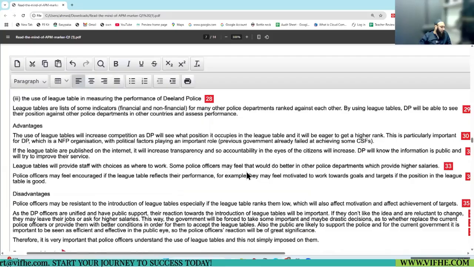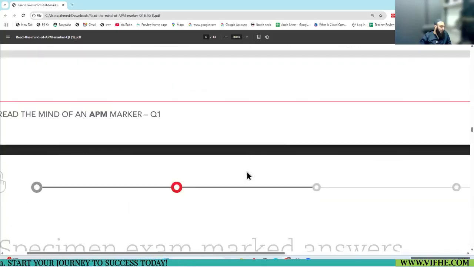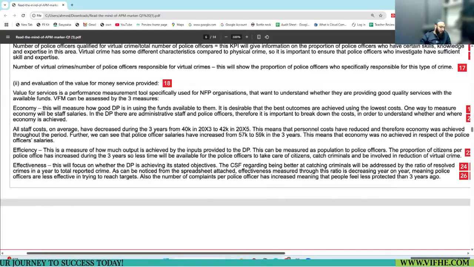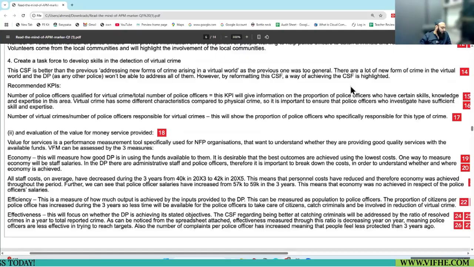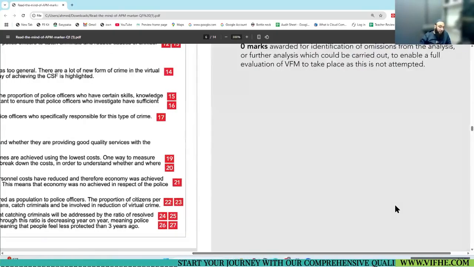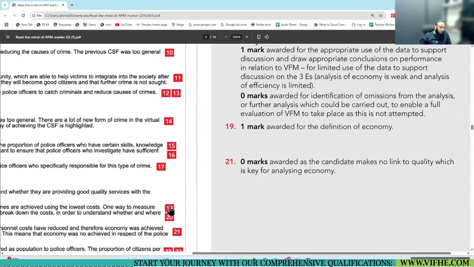Now the assessment part. Looking back, I think we did cover this. From the salary perspective, salary has gone down, which is good. From the police perspective, the cost has gone up, which is not good. Now, one very crucial, very important learning you will be able to grab. 1 mark for the definition.